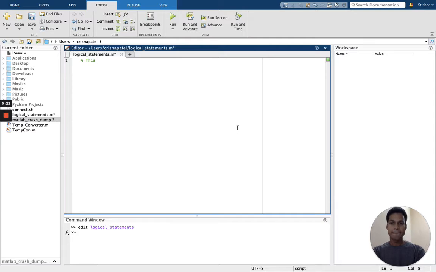This file explains how MATLAB logical statements function or work. I've got if. Let's just do if else. So for that,